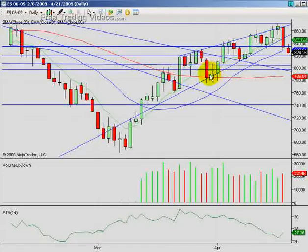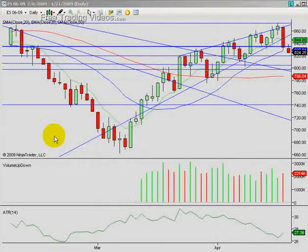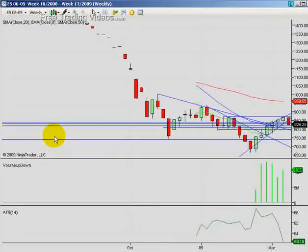See a resistance here, support here. That'll be a beautiful pullback. We need this pullback on the weekly chart. This is a very, very healthy market. There's nothing wrong with this sell-off taking place right here. You see in the weekly chart,